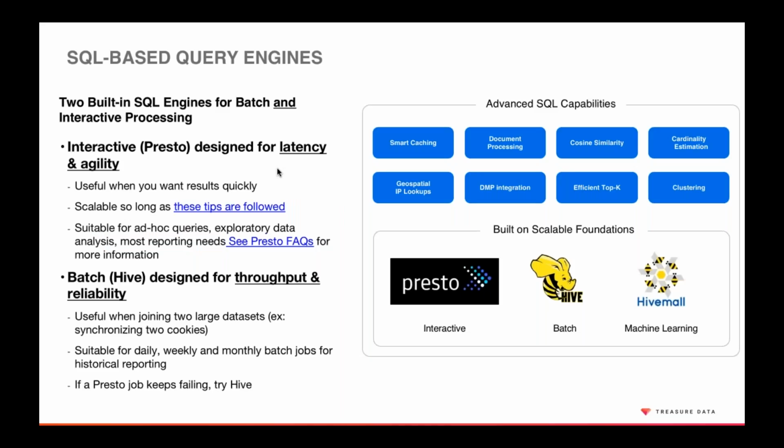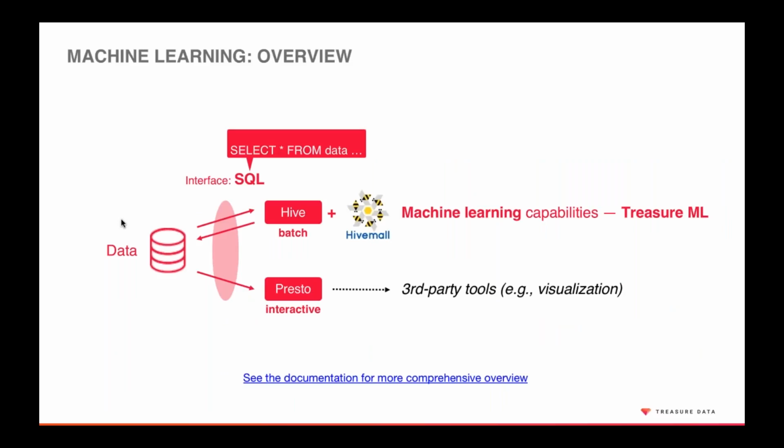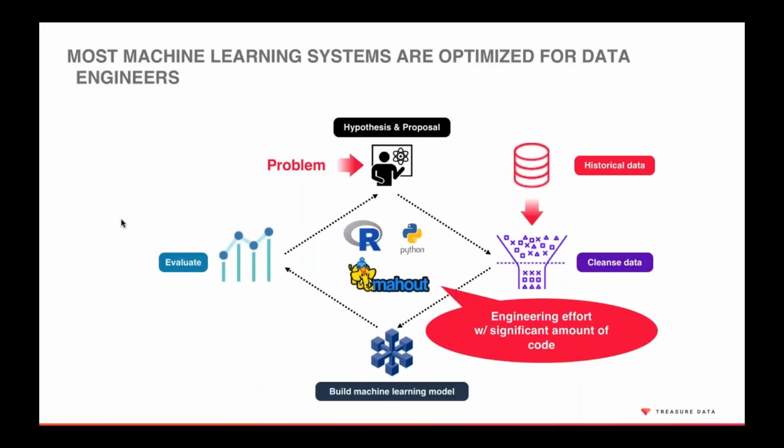We do have a SQL query engine that we use, both Presto and Hive. The reason I mention that is that some clients like to develop their own models. So for those clients who are interested in developing their own machine learning models, we're not a black box. We provide you the tools by which you can develop your own models and therefore deploy those models inside of Treasure Data using our scalability. If that's what you would like to do, we offer that as an option. We are not a black box or behind the scenes company. We have a way to figure this out. Let me skip a little bit.